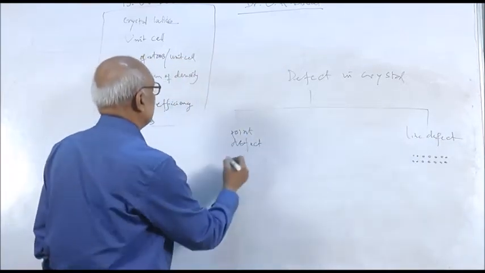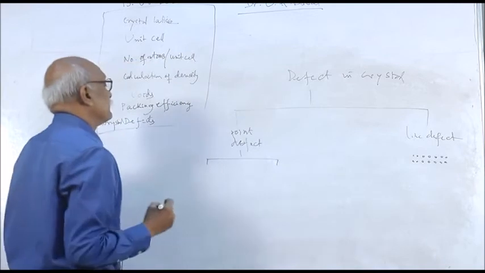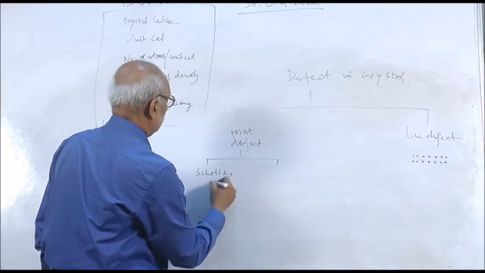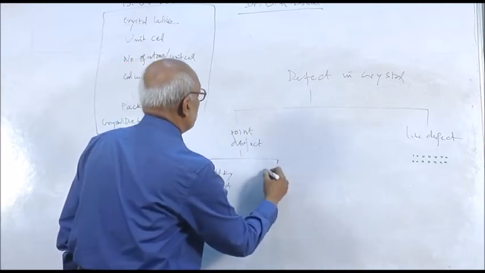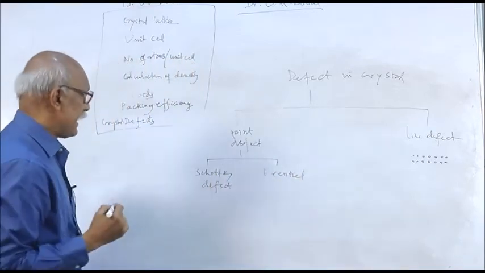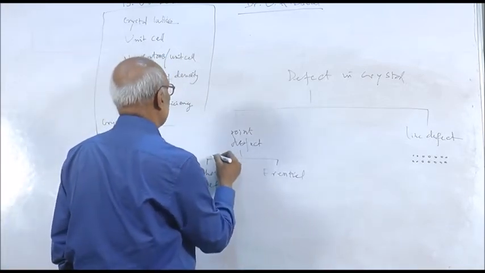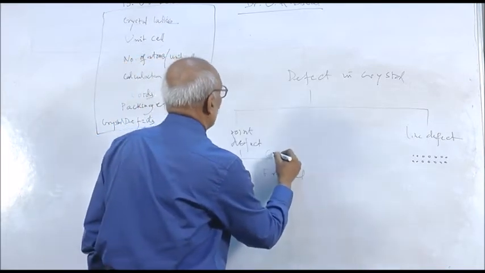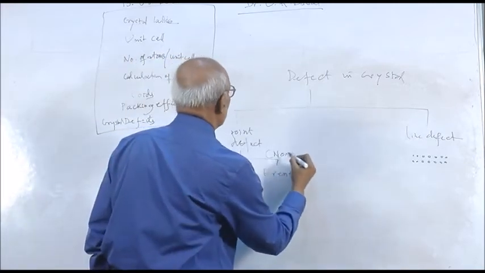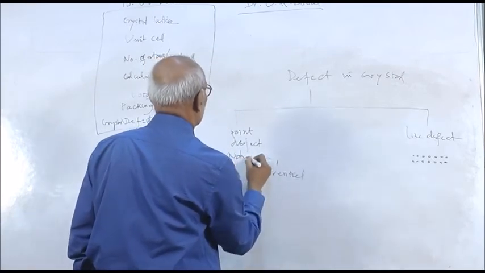But this is point defect, as we have discussed, due to agitation. The point defects we shall discuss are the Schottky defect and the Frenkel defect. These are two types. There is also another type of defect, which is called non-stoichiometric defect. The formula will not change. Point defects can be classified into types. One is non-stoichiometric defect.